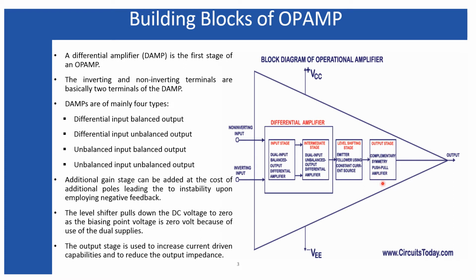So that one is basically the push pull type amplifier, and the output stage is basically used to deliver the power to the load. And another purpose of this output stage is to reduce its output impedance, because we have seen in my earlier lectures that for a voltage amplifier the output impedance should be as small as possible for practical purposes. So the output stage is used to reduce the output impedance so that the power can be delivered to the load itself.